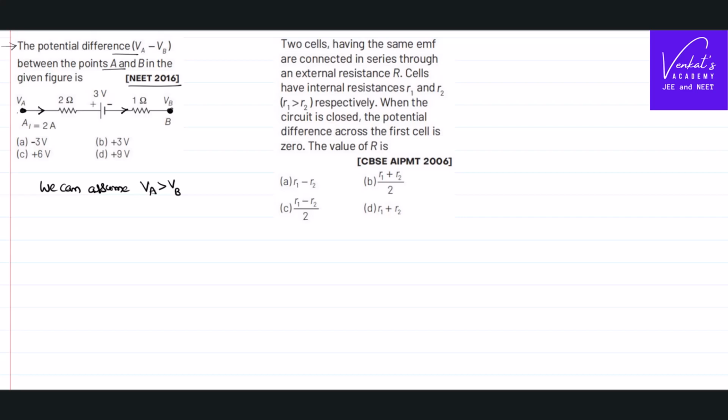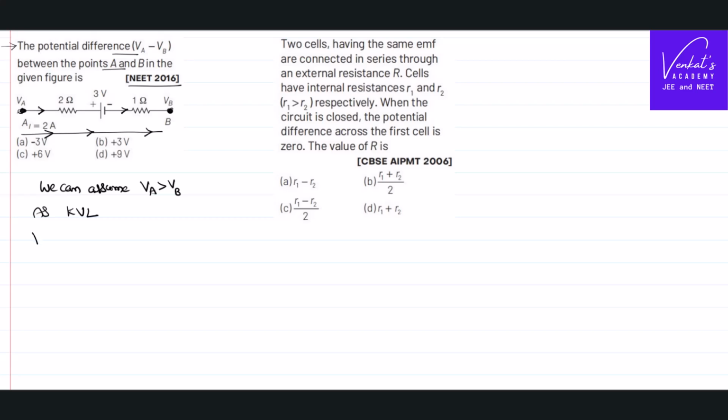So starting from here, we shall also consider a direction. Let us consider this direction that we have taken. We know according to Kirchhoff's voltage law that if the direction of the current is similar to the direction that we have chosen, treat that potential drop as negative. If you get the positive plate of the battery first, treat that EMF as negative. These are the basic rules that we have. So what we can say, according to Kirchhoff's voltage law,